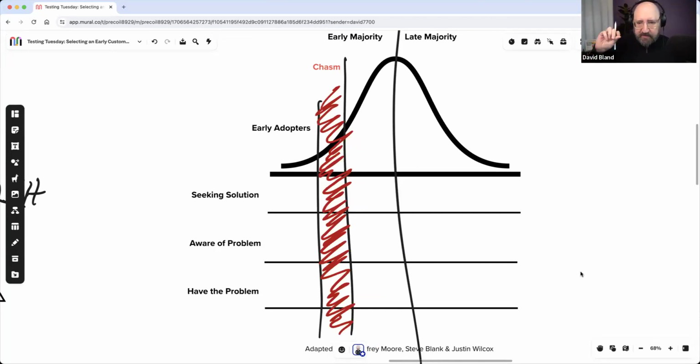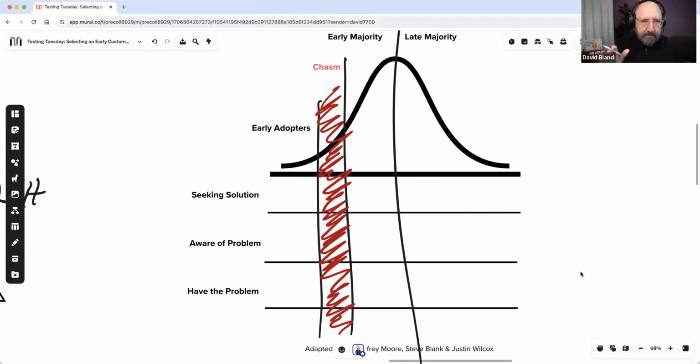All right. And so what I've been doing with teams is helping them not only say, do you have observable evidence, like recent observable evidence, that people have the problem, they're aware, and they're seeking a solution? What does that look like in your strategy? What does that look like in your testing strategy? So when you think about this,